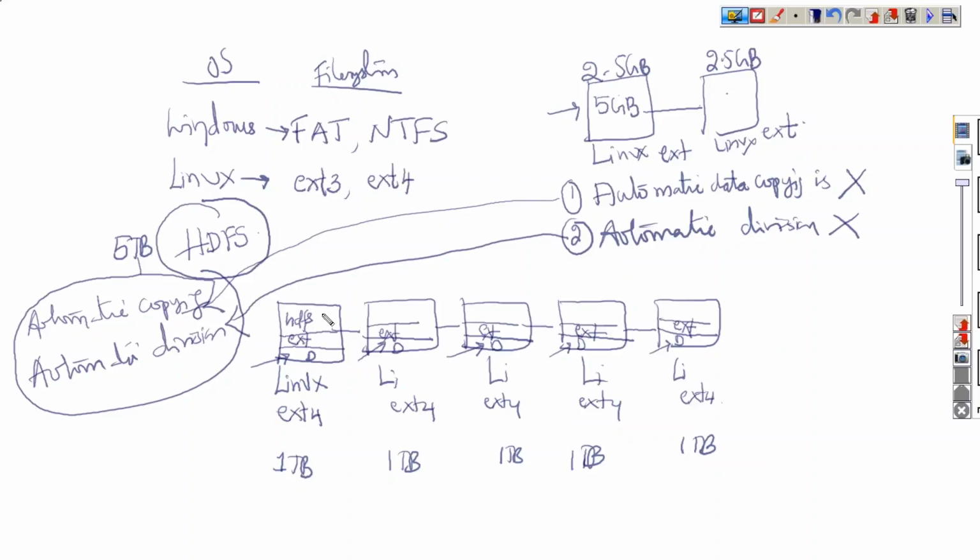There are 5. Now I am asking a question; try to answer this carefully. How many instances of HDFS have to be there in all these 5 machines so that it can do automatic division and automatic copying?